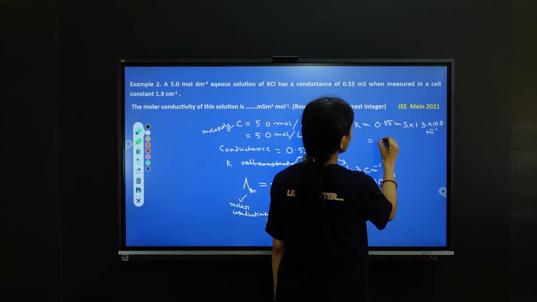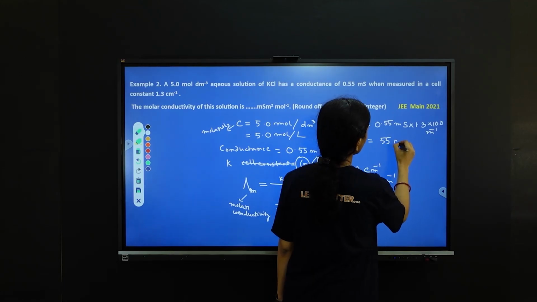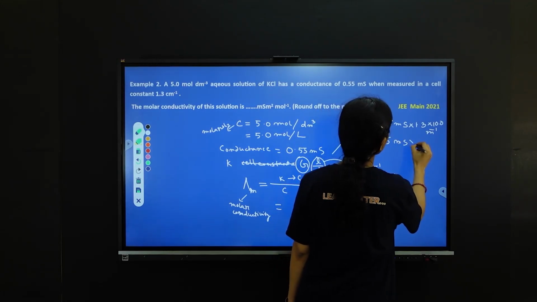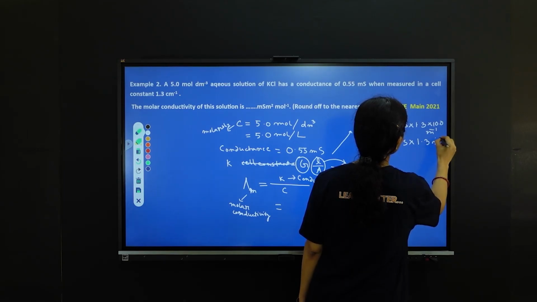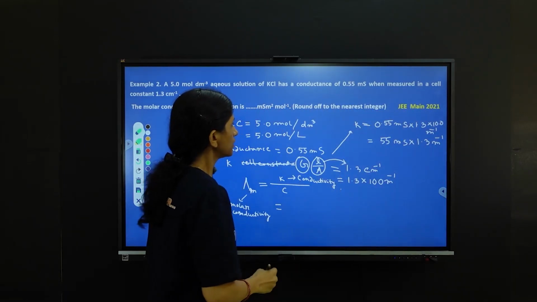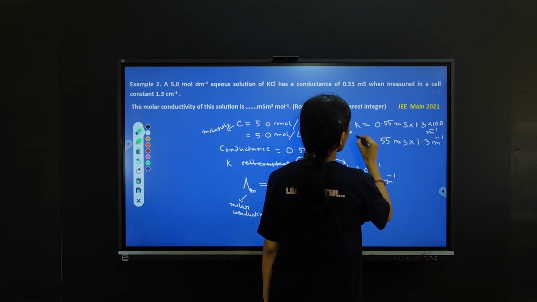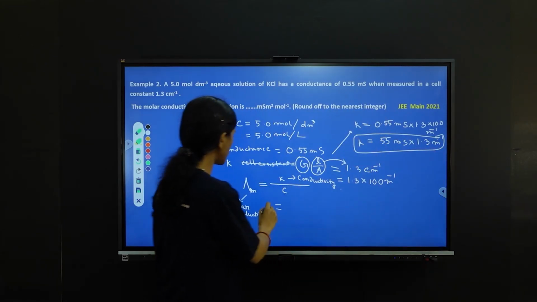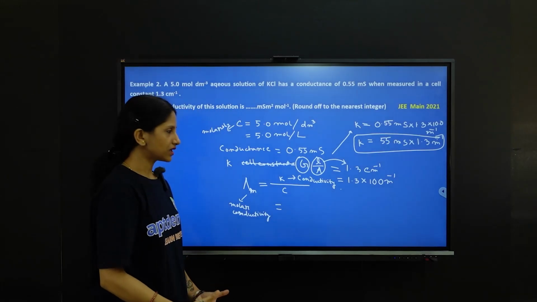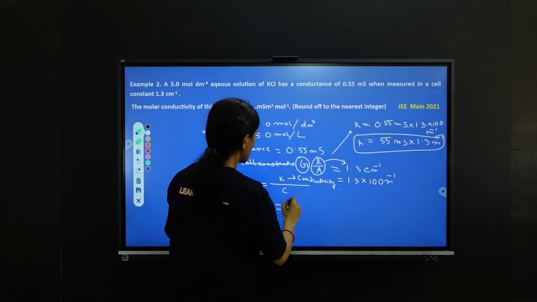So this is giving you 55 millisiemens times 1.3 meter inverse, right? Now if you put the value of kappa from here into this equation where the molar conductivity and conductivity are related, you will get